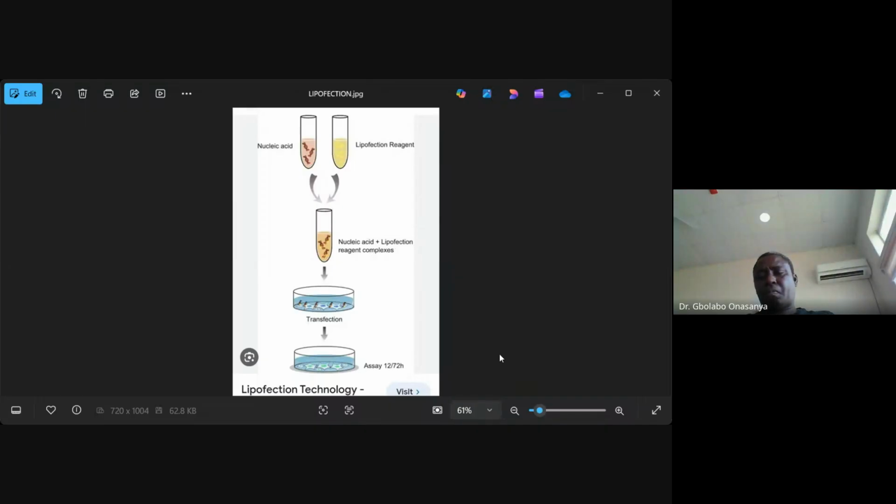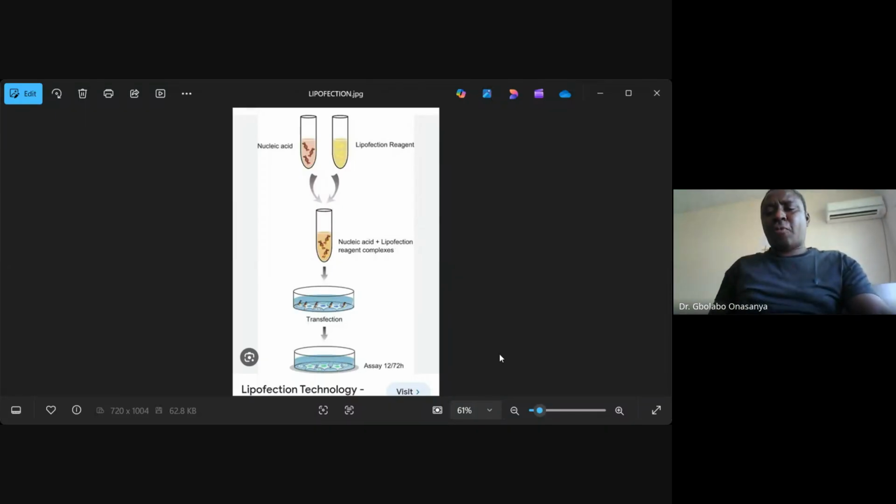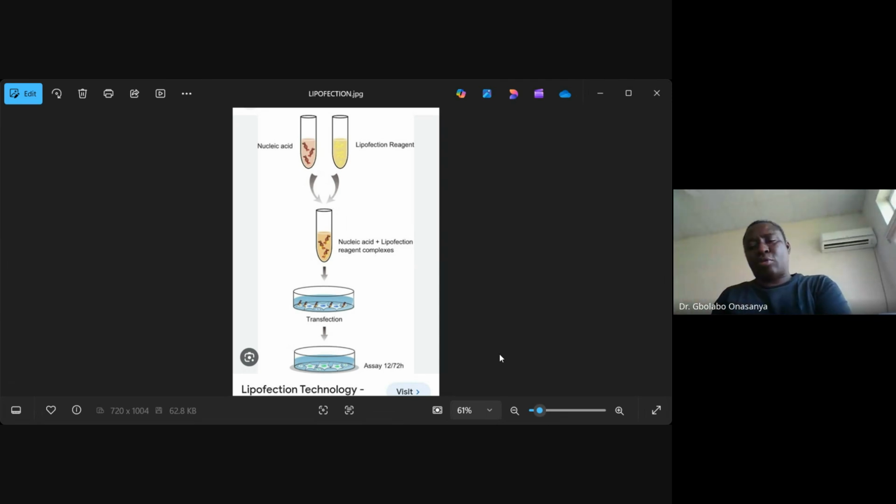The slide I'm sharing is lipofection. Lipofection is a gene transfer method. It can be used in sperm delivery, maybe artificial insemination, where you use lipid-based reagents, such as